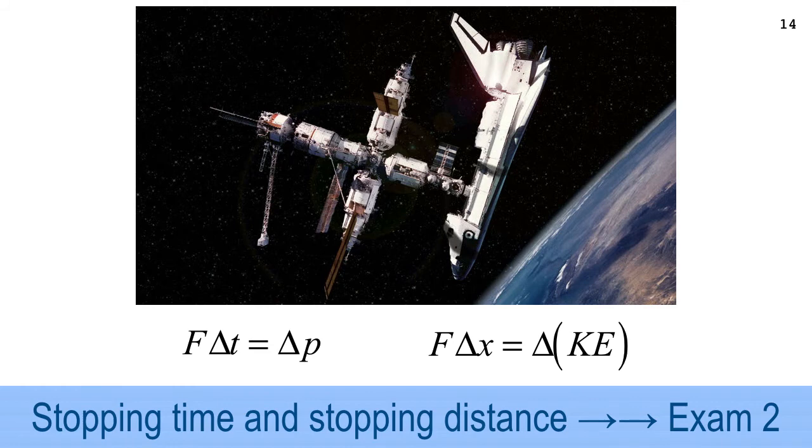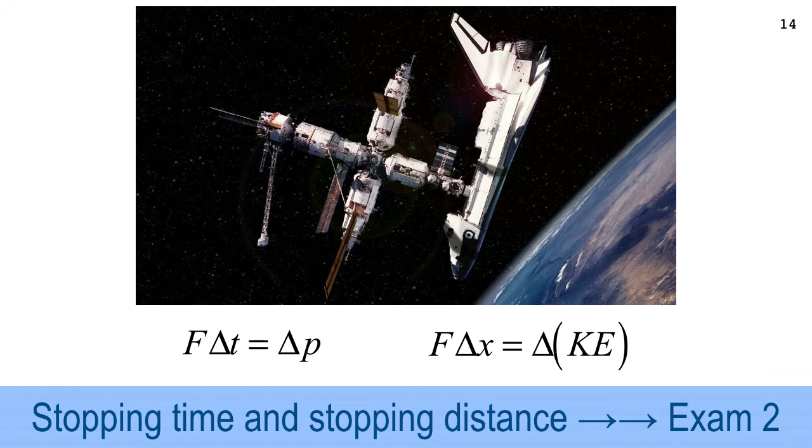Anyways, the impulse equation on the left is usually, as I've said before, the best way to start for one of our two classic tasks, calculating the stopping time, delta t. It's not the only way. You can still use F equals ma and 1/2 at squared and all that stuff, the distance triangles. But usually this one's good. And then the second formula on the right, that's the work formula. F delta x, that's the work, and that's equal to the change in the kinetic energy. And we just calculated a big change in kinetic energy.